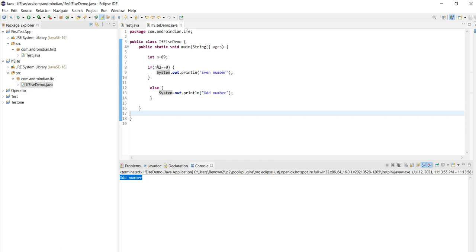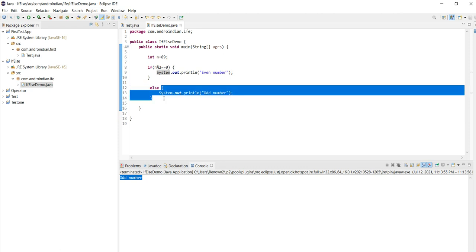So what are the four conditions? First, specifying the condition to the if statement is mandatory and it should be of Boolean type, either a condition, a Boolean variable, or a Boolean value. Second, specifying the else block is optional, as we just saw. Third, specifying the curly braces is also optional.